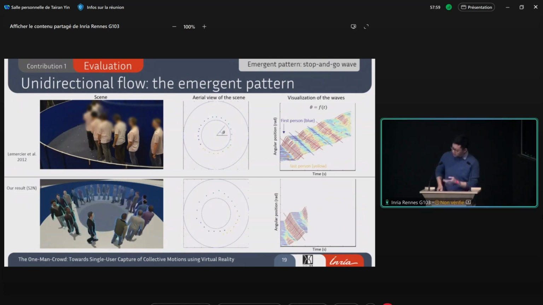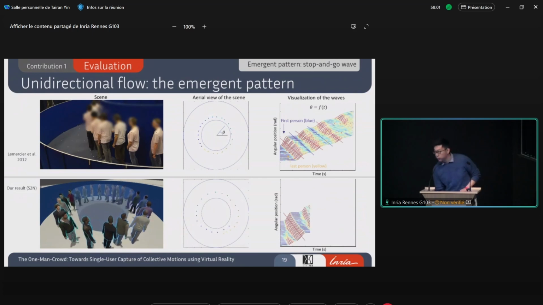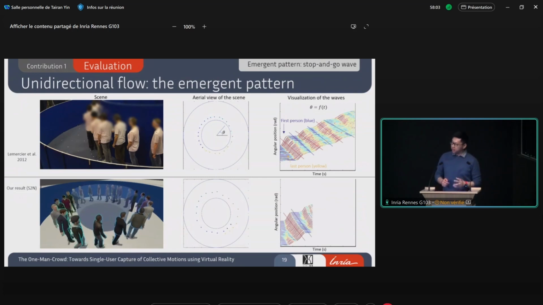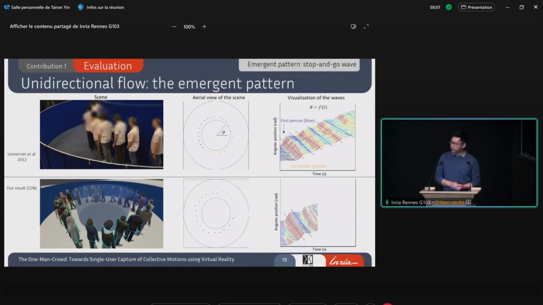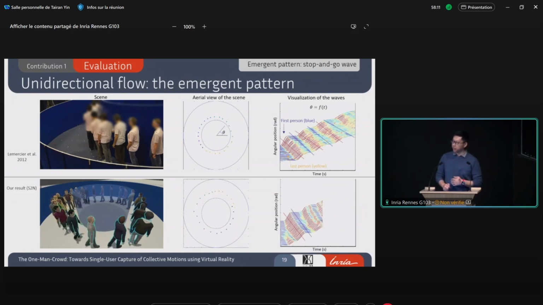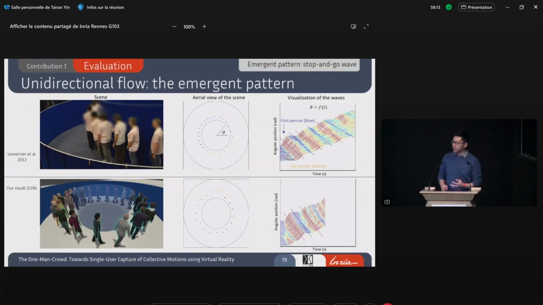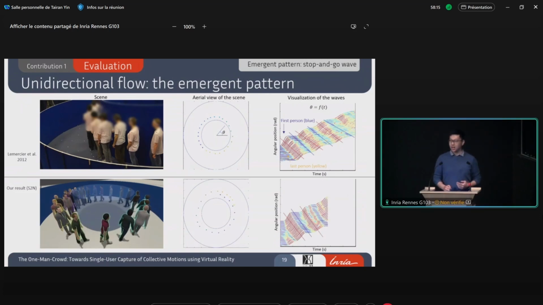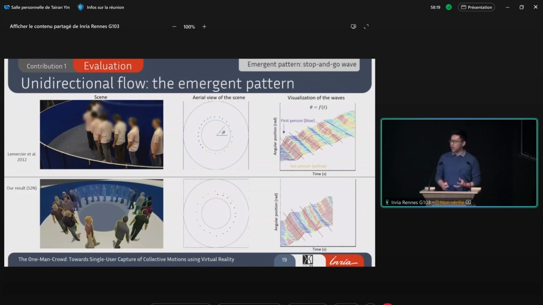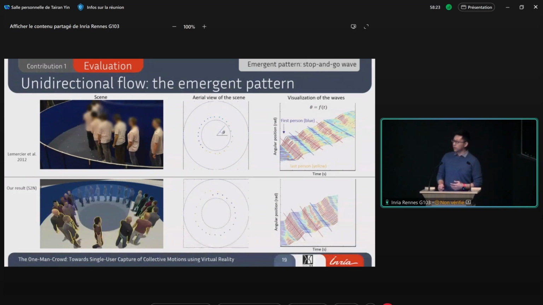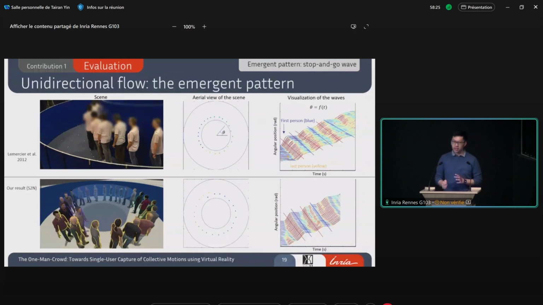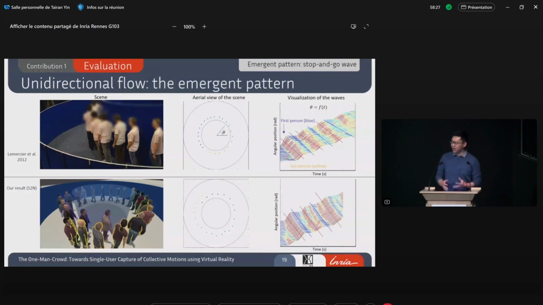So in the animation on the left, you may have noticed that there have been interpenetrations between characters. And that's actually a normal situation in our case because the characters' animations were captured during different iterations. So at some point, there will be the first person to be captured, and then there will be the last person to be captured. And when the first person's animation was captured, the user didn't see the last person. So basically, in his movement, it doesn't show that he's interacting with anybody.